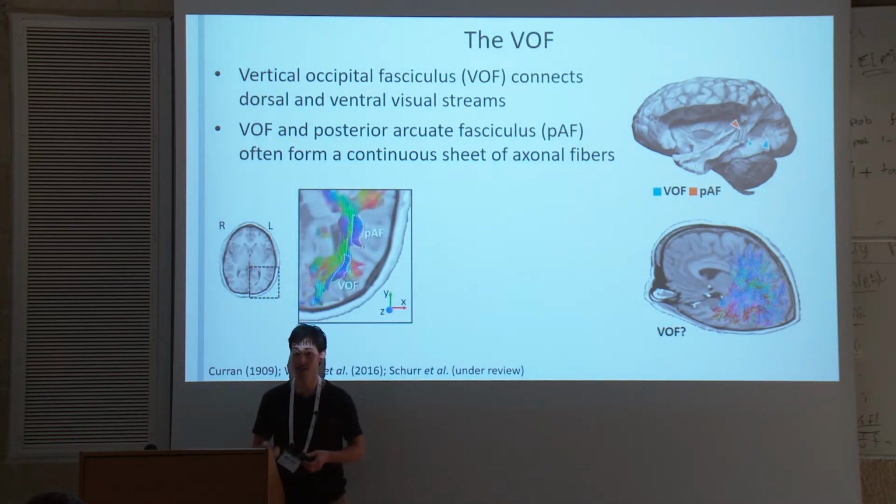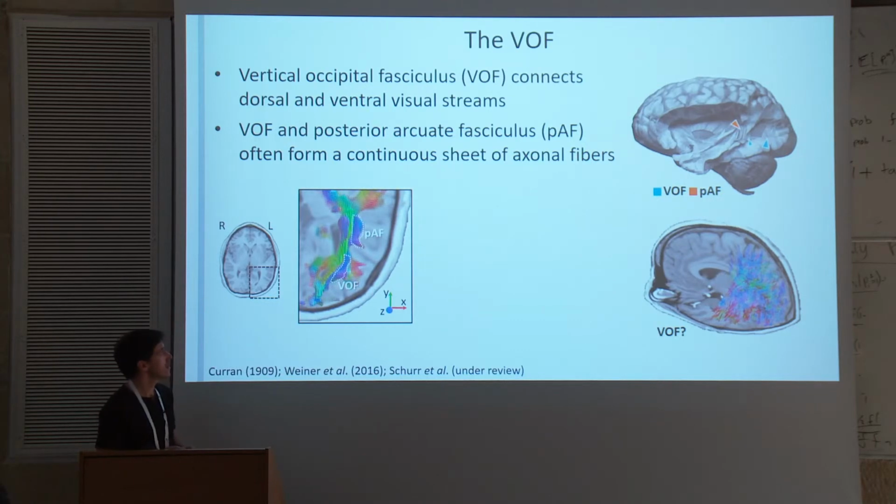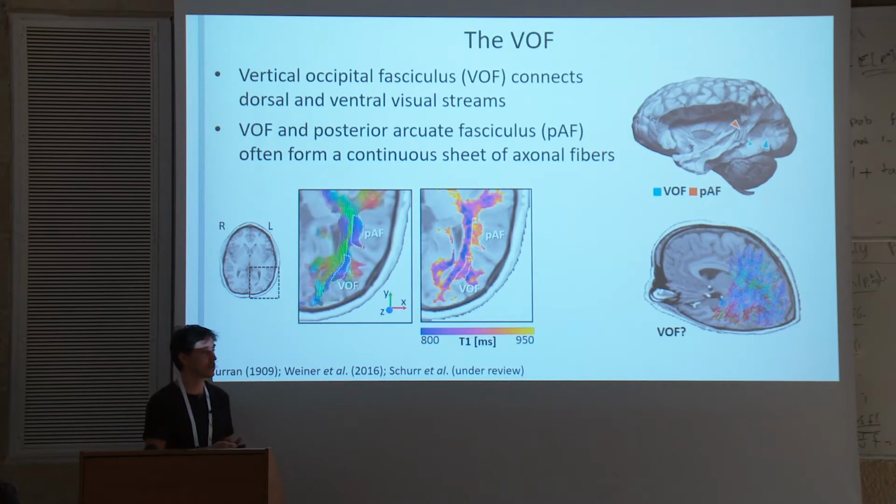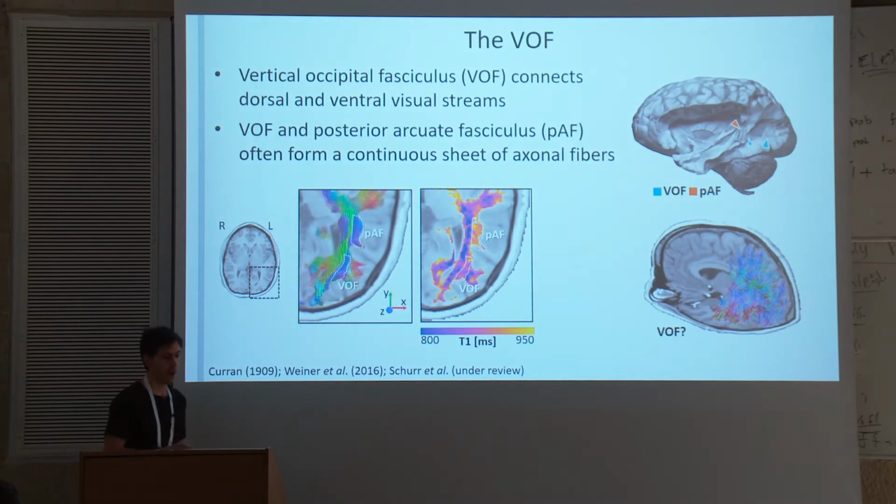So here you can see an axial slice of color-coded diffusion data. Blue means it's vertical, and you can see both the posterior arcuate and the VOF here. If we just go to a T1 map, you can see that these two clusters correspond to very different T1 values. So the T1 in the more anterior cluster is higher, and in the more posterior cluster it's lower. So the question we asked is, can we find this effect also at the streamline level,